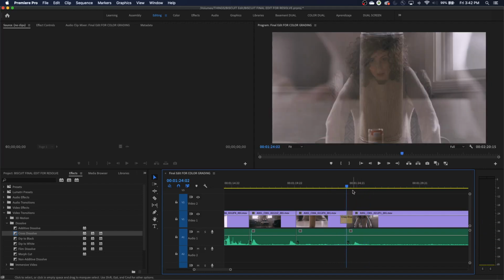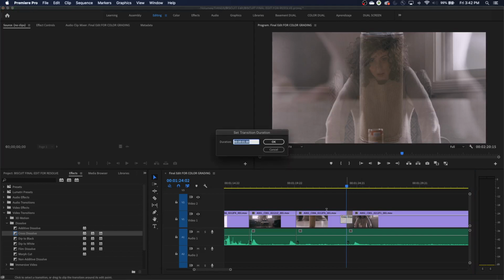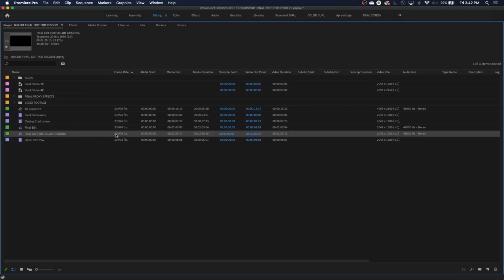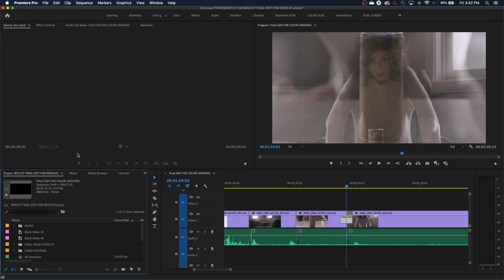If you want to change the time of that transition, by the way, you can double click on these transitions here and you'll see that I have a 1 second transition. So 1 second, this is a 24 frame per second. So this is important to know. This is a 24 frame per second timeline. If I go to my timeline here and look at it, this is 23.976, which is essentially 24 frames per second. Now, if you have a 60 frame per second timeline, this would be a 60 frame dissolve, because right